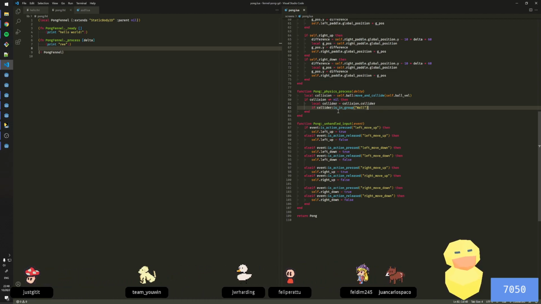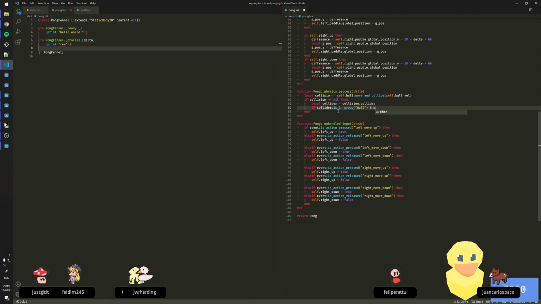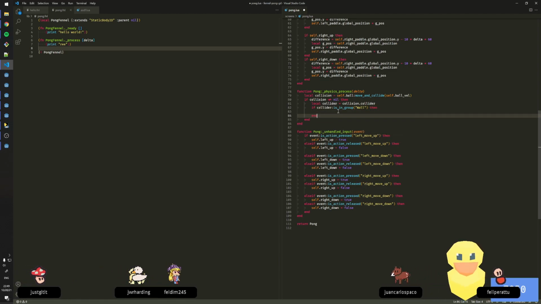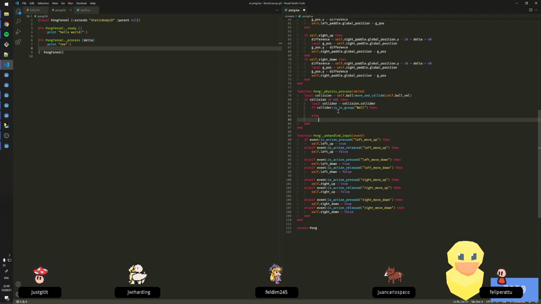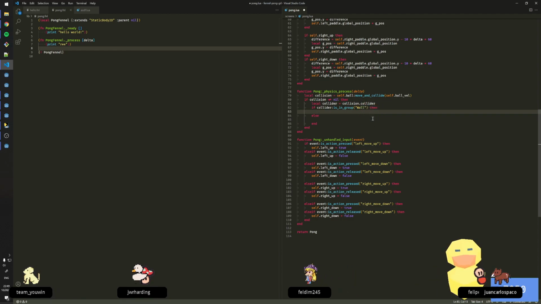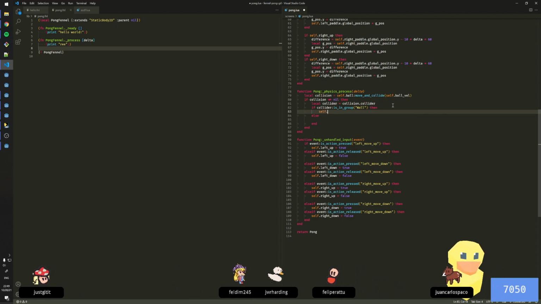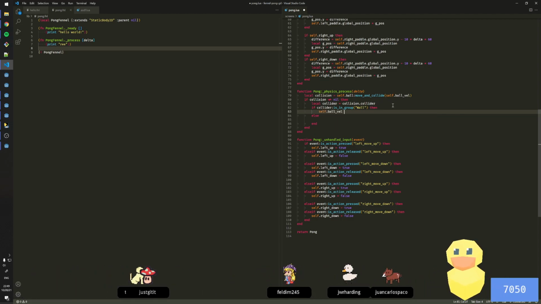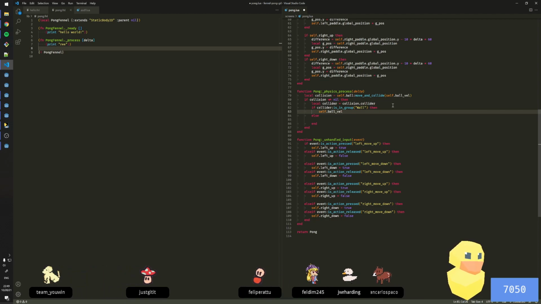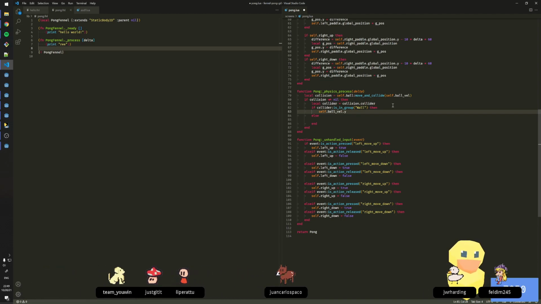value that has the opposite sign of whatever your previous velocity was, right? So if collider is in group wall, then self ball velocity will be equal to: ball velocity x is the same, y needs to be randomized. So y is equal to